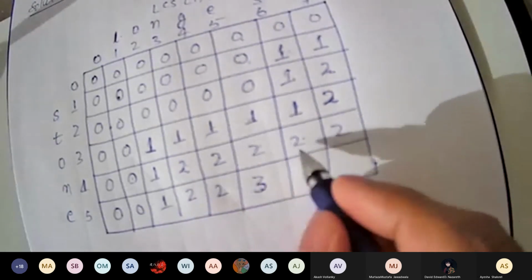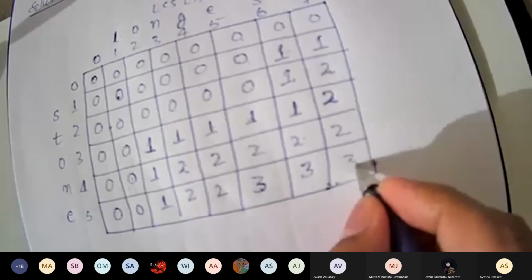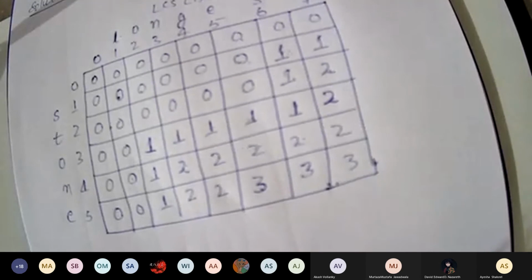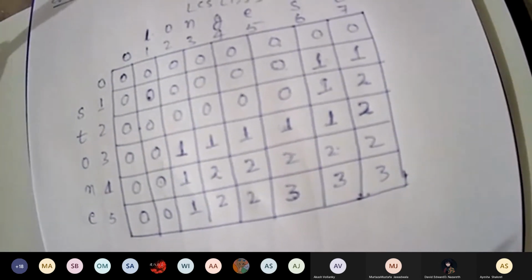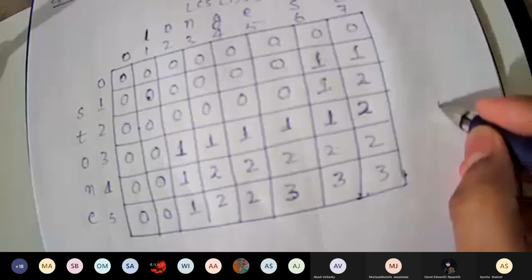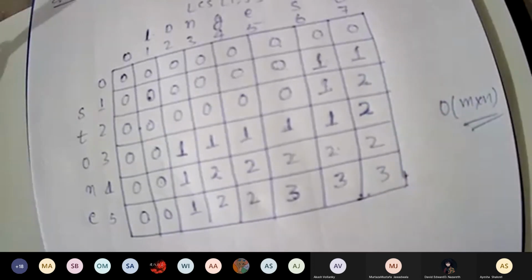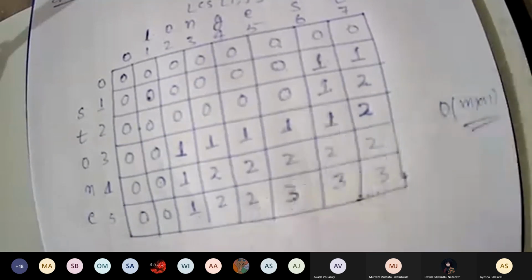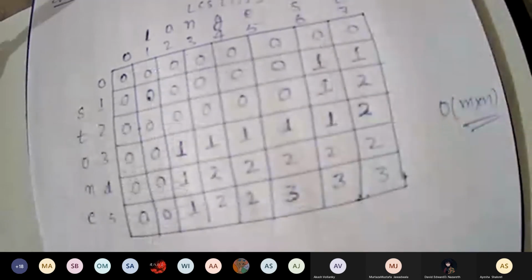Now these are again not the same, so max of this and this will be 3, and 3. So everyone make this table. What will be the order? M cross N. Everyone finish this, then I will come to the chain for the longest common subsequence.